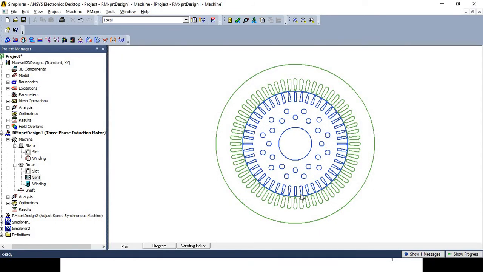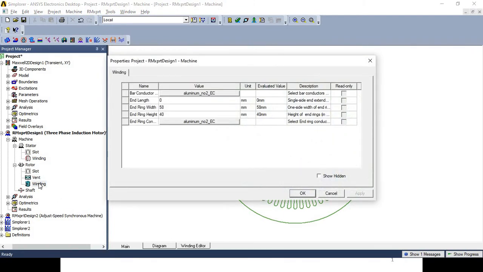Now the next part, the main part of the rotor, is winding. When I double click on the winding, again options are available, that is a table in terms of the name of the parameter, value, unit, evaluated value, and description. So here the first part is bar conductor, the meaning of which is select bar conductor type, where we have different options.